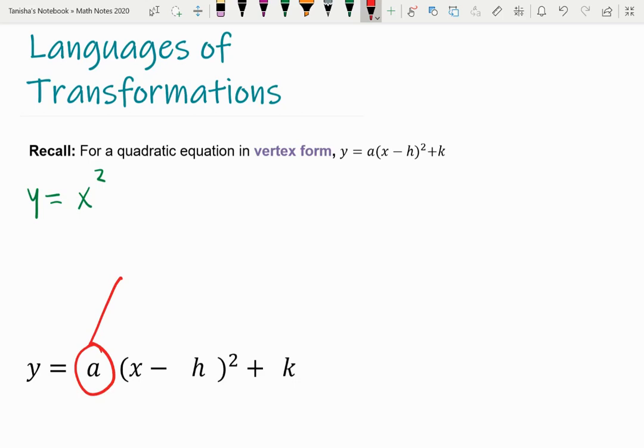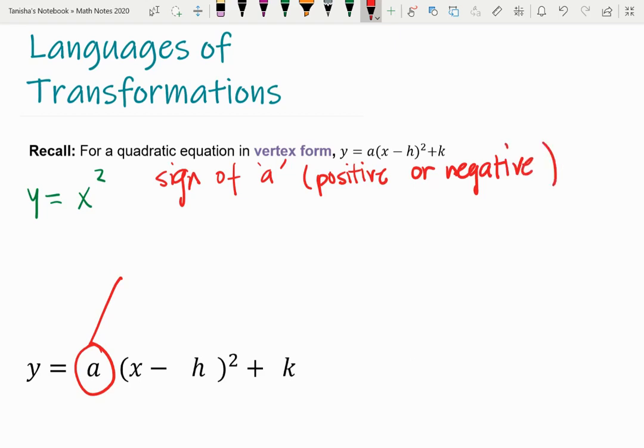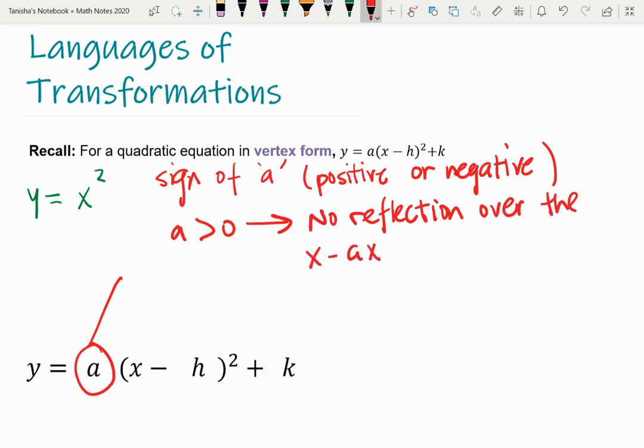First, we look at the sign of a. And when I say sign of a, it could either be positive or negative. A positive sign, so when a is greater than 0, that means that no reflection has occurred. Or we would say no reflection over the x-axis. If a is negative or less than 0, that means there is a reflection